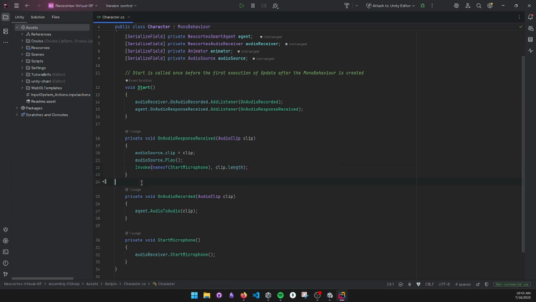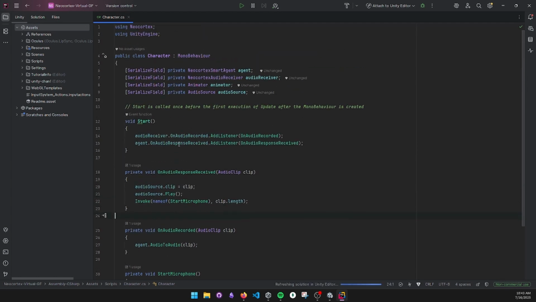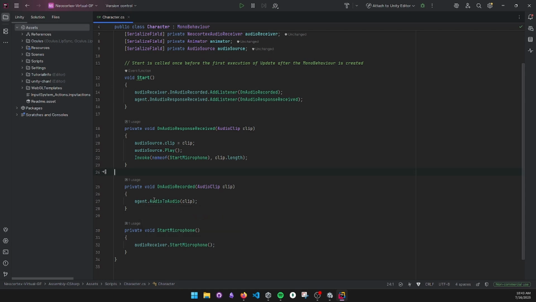So our character speaks, that is over, then we will be able to give a right to talk. So it's like things will be in order. So it's not like we can interrupt her talk while she's talking. You can, by the way, do that totally. I just want to keep this clean, so it's like in a turn conversation. So let's check what happens. We wait for audio to be recorded, and then we wait for response to be received. When the audio is recorded, we send agent a request to transcribe our audio and give back a response to us in audio format. And then when the audio response is received, we play the audio and invoke the microphone